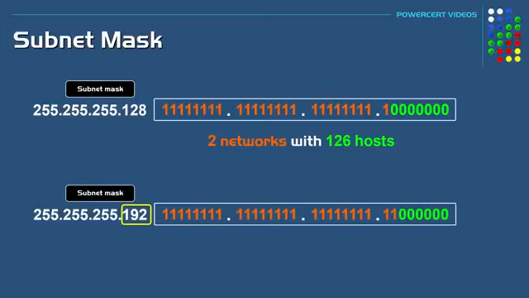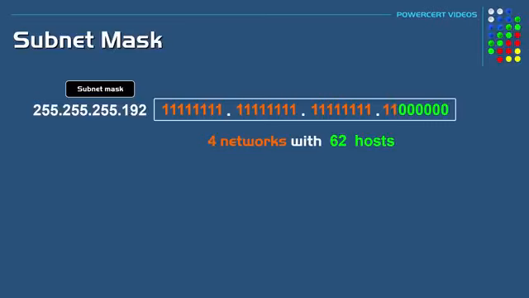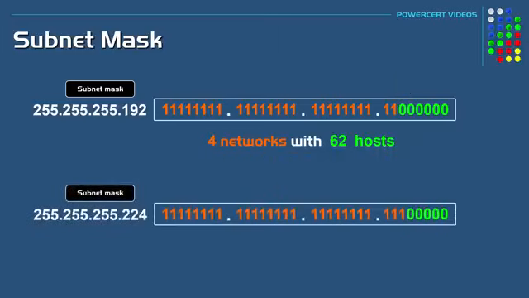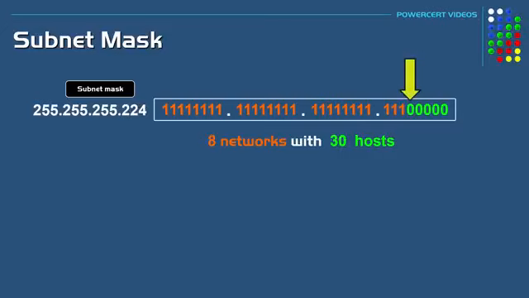So by borrowing 2 bits, this will divide the network even further, and now it'll give us 4 subnets with 62 hosts each. And again, let's borrow another bit from the host portion. So here is our new subnet mask, and by borrowing 3 bits, this will divide the network into 8 subnets with 30 hosts each. So if we continue breaking down this network, here is the result if we borrow 4